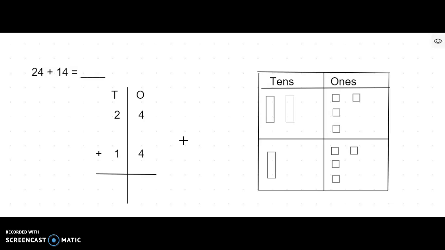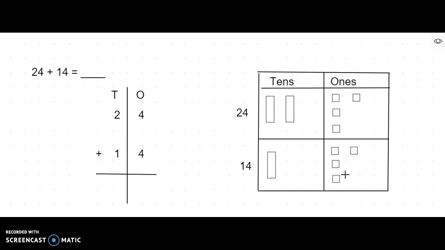The other strategy we need to use always is our place value picture chart. So using visuals is a very helpful and important strategy when adding two-digit numbers. We use our place value picture representations to help us do this. When I'm adding, I'm putting two parts together to make a whole. So I'm representing both of these parts in my chart. My first part is 24 because I have two tens and four ones. And my other part is 14 because I have one 10 and four ones. So I'm showing the two parts broken up into tens and ones so that I can put them together properly